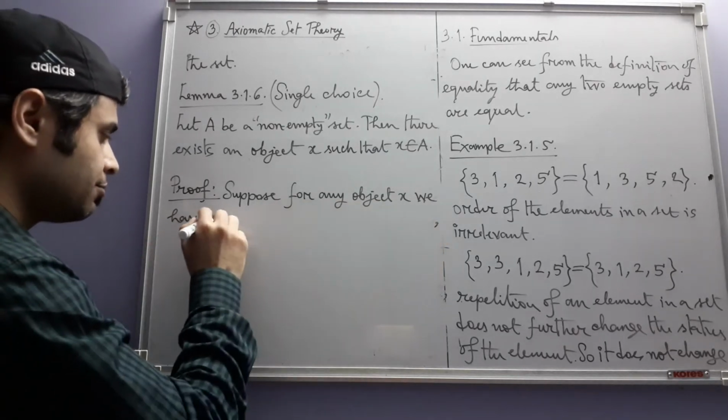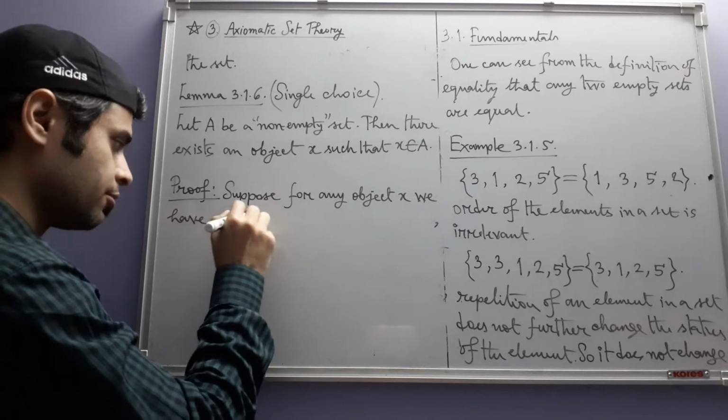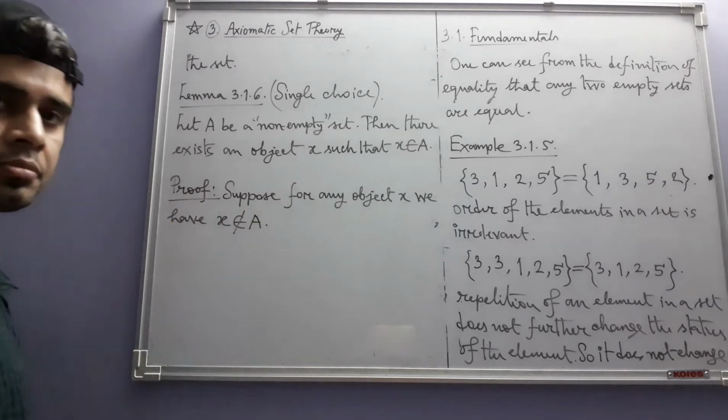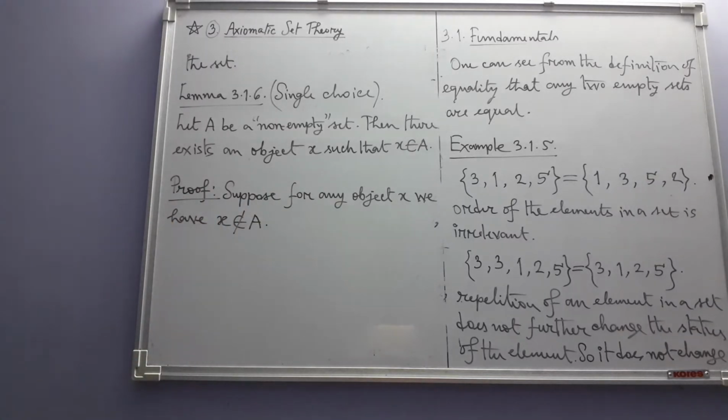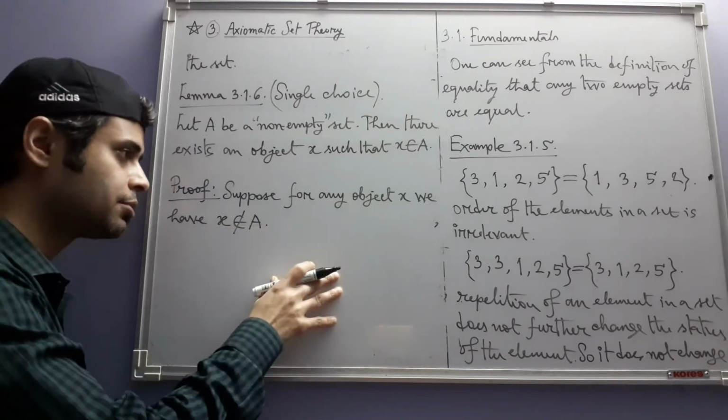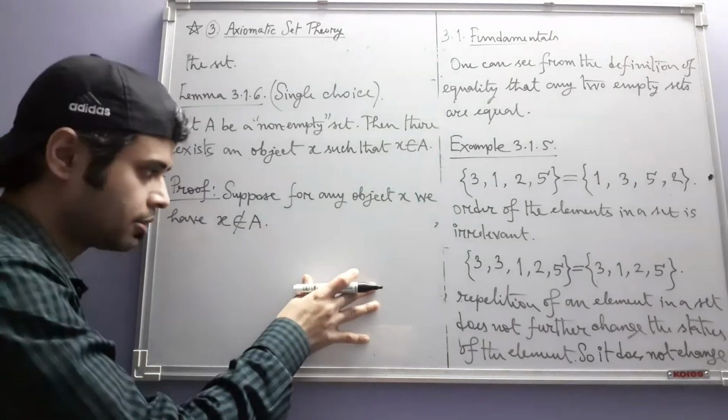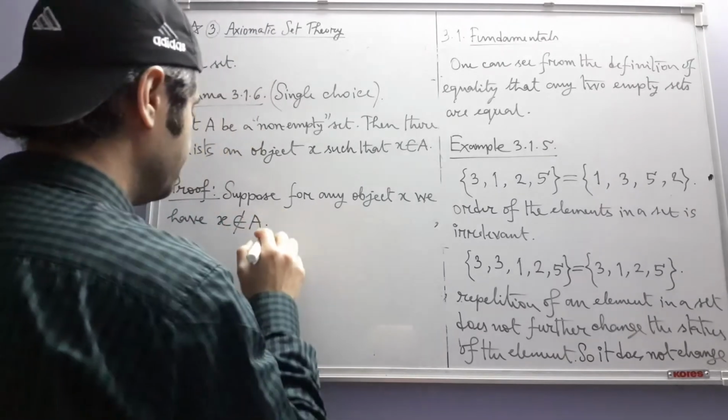For any object X we have, X does not belong to A. Okay, so this is my supposition. From this supposition, I have to prove that I arrive at a contradiction. Okay, now